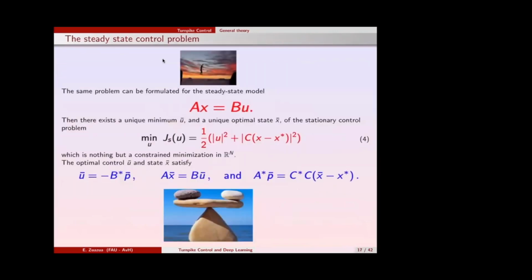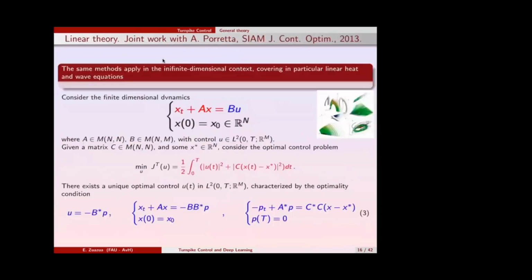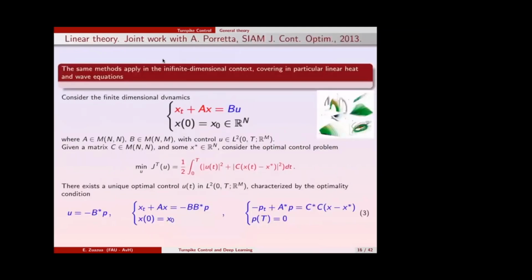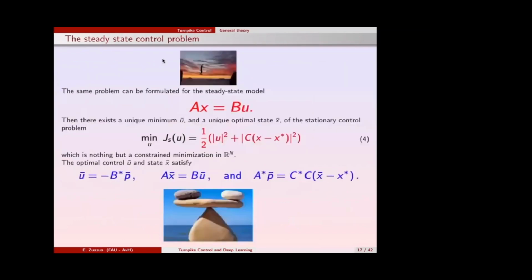I can also chop off time, right? So remove time, and I say, now I forget about the time evolution. I just consider the steady state trajectories, which are independent of time. So the time derivative of the system disappears. This becomes a static system Ax = Bu. And of course, in the time evolving optimization problem, in which I am minimizing an integral in time, now it doesn't make sense to talk about integrating in time. I just take the static equation, the static functional, and I minimize that one.